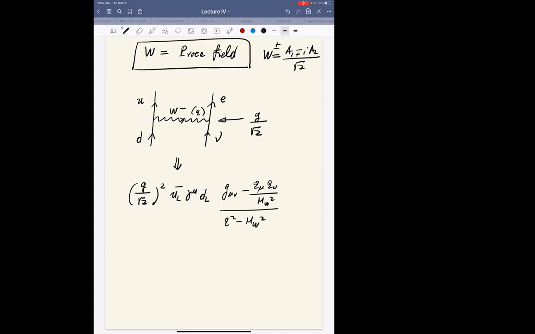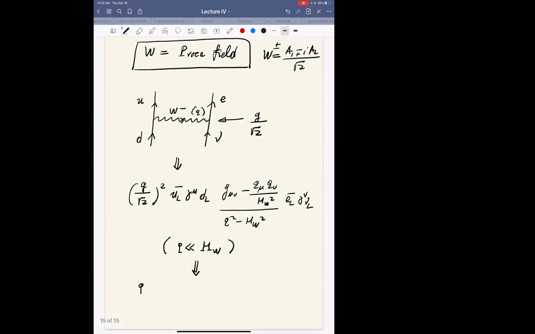And then what do I have here? I will have EL bar, gamma nu, nu L. EL is going out, nu L is entering. This is my amplitude for beta decay. And you know, how did we get weak interactions? By saying that Q is much smaller than MW. We go back to the old days. They were even at MeV, but you can go to GeV, you can go to few GeV. As long as Q is much smaller than MW, this becomes